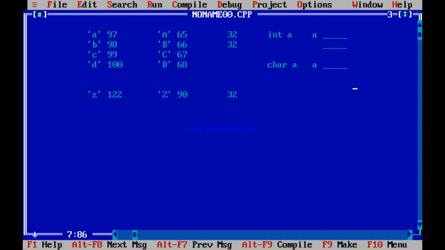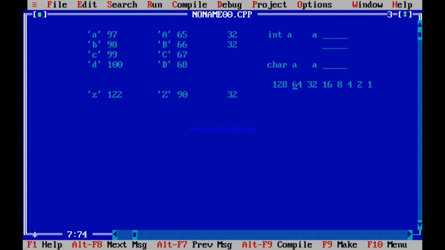With 8 bits, the weights are 1, 2, 4, 8, then comes 16, then 32, then comes 64, and then comes 128.